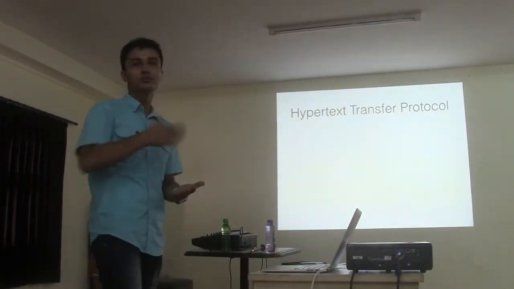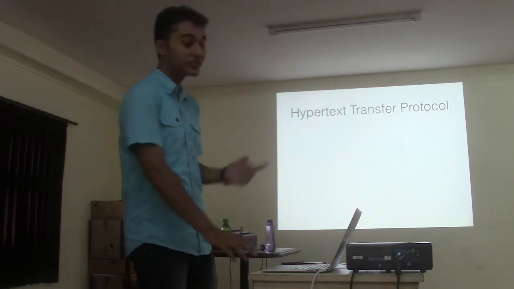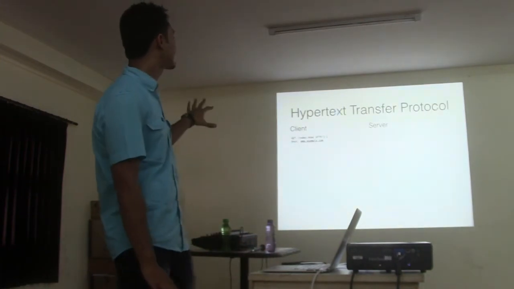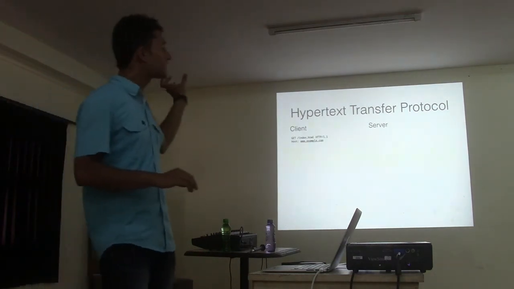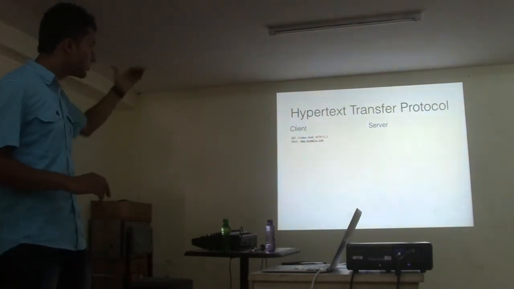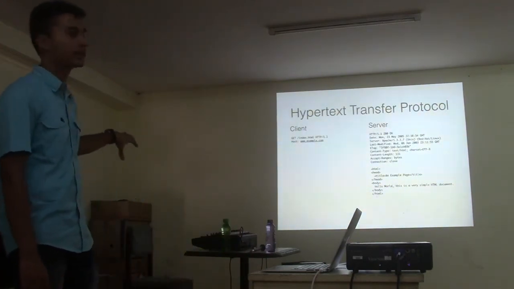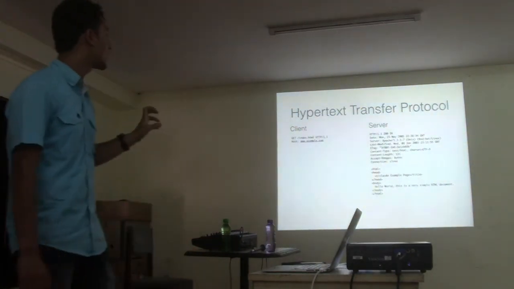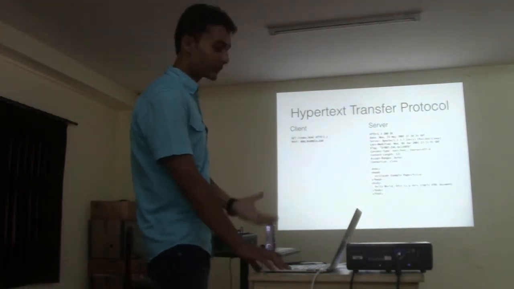Before moving forward, I'd like to give a quick revision on HTTP. In HTTP there is a client and a server. A client sends something like this: GET /index.html HTTP/1.1. That GET is a method, that index.html is a path, HTTP/1.1 is a version, and below that are headers. Again, that is what the server sends to the client, such as HTTP and the headers. 200 is a status code of OK, and below that is the content of the body of the HTTP response.